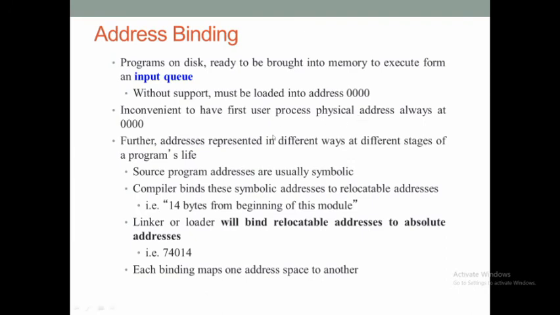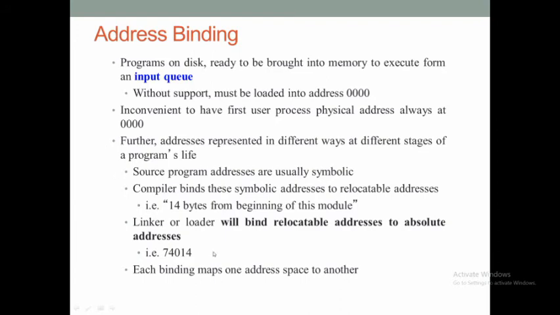Even though your first user process is supposed to start at address 0, it is not always done so, because sometimes it is not convenient to load the user process at the starting address 0. In some cases, for the operating system's convenience, it may load the program at a different address. That address might have been occupied by some part of the operating system, and in that case the starting address of the user process is going to change.